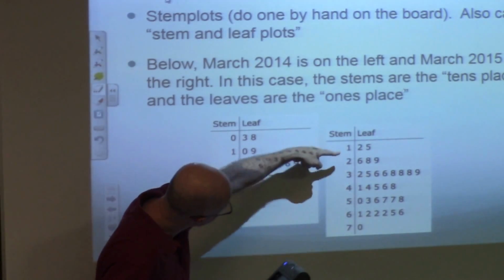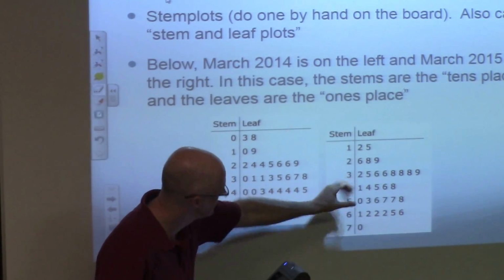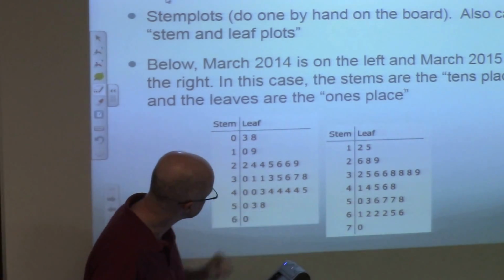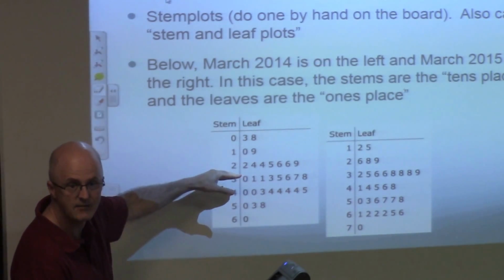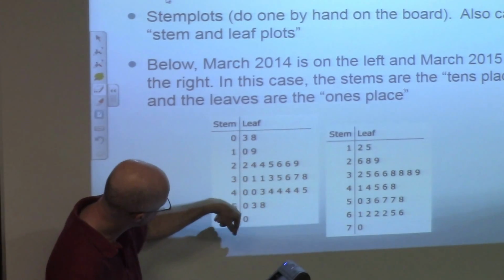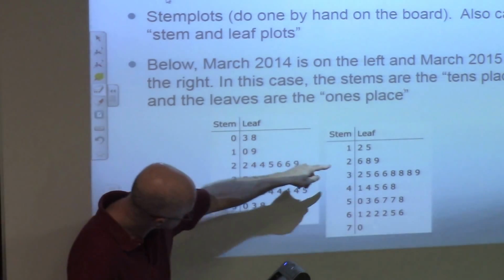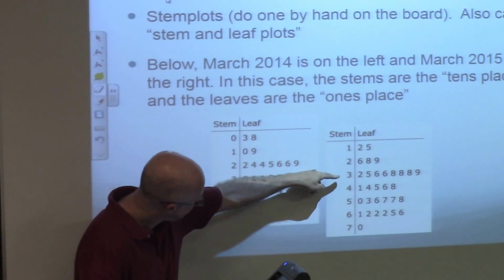Ignoring this peak right there, these lower temperatures are sort of further away from the center than that high temperature is from the center. And in this one, the low and the high are pretty close to being evenly spaced from the center. So this one is definitely pretty symmetric. That's a word you've used. Whereas this one, again, thinking of it sideways, might be slightly left skewed.